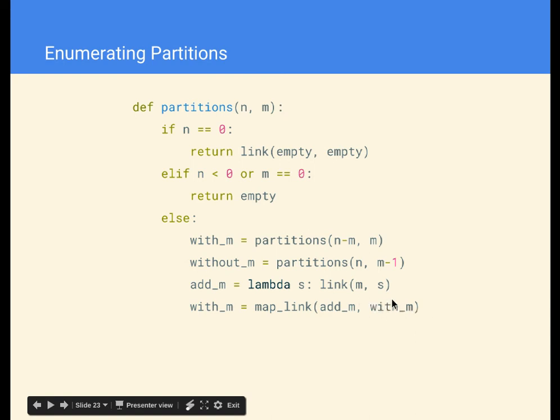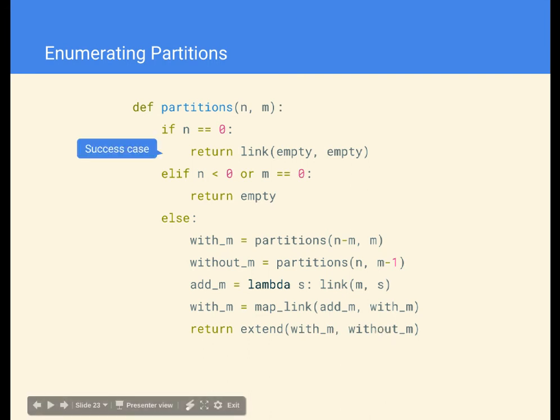So if we think 1 step further, if we then go back to the person who called that one, we'll call addM on that again, and we'll get a new link in front of that. So we'll be recursively constructing it 1 link at a time.